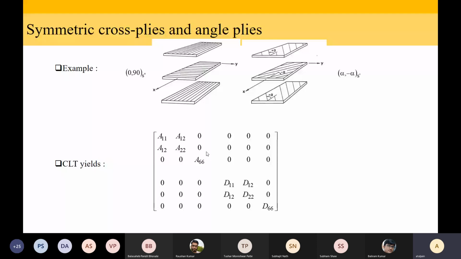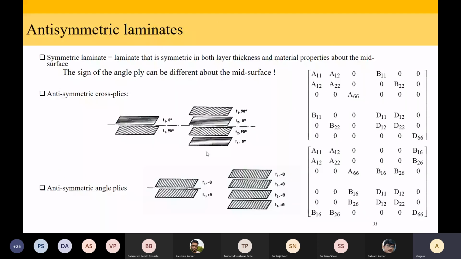The third special type of layup sequence is what is known as antisymmetric laminates. An antisymmetric laminate is not the same as an unsymmetric laminate. Antisymmetric means the layup is symmetric, but there is a negative sign over and above.